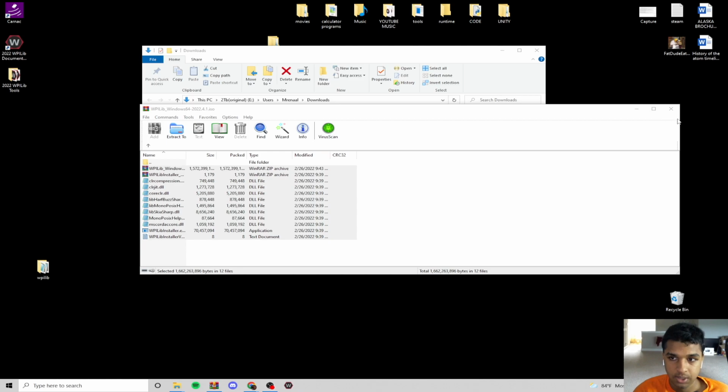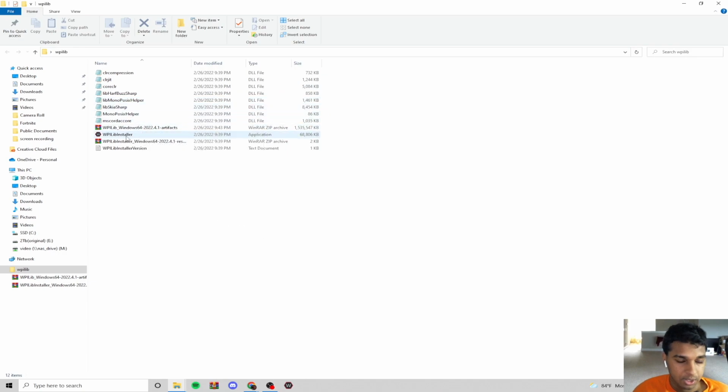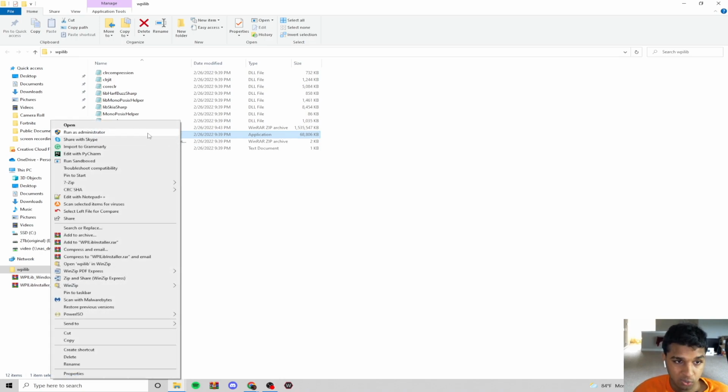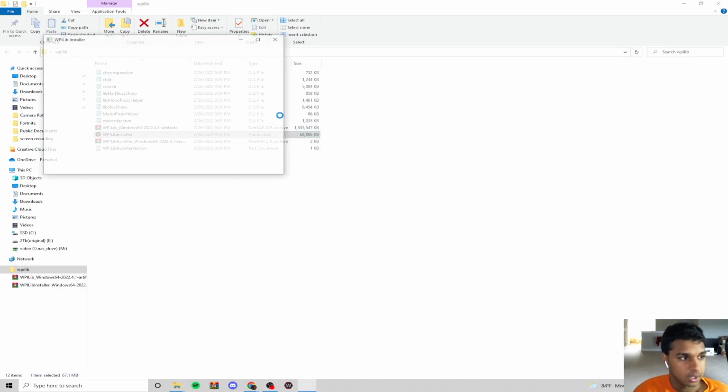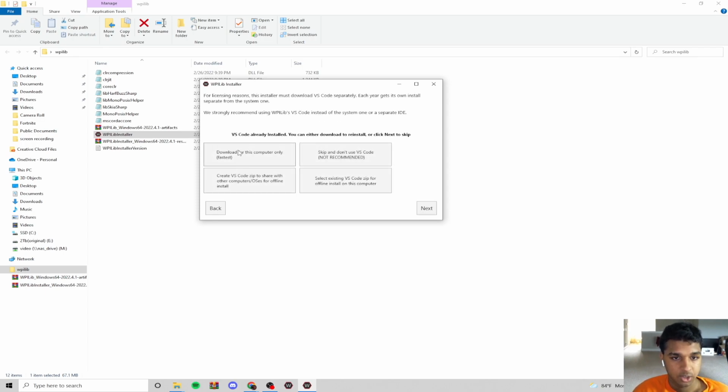My desktop does something weird sometimes, where it just kind of goes black. Not sure why that happens, but anyways, when that's done, click your WPILib folder, and the main thing is going to be this. It's this WPILib installer exe. It's an application, and you're going to right click it and run it as administrator. You probably can't see anything, but it prompted me for admin, and you'll see this. Press start, and then press everything, and then install for this user, and then you're going to want to use VSCode. That is WPILib's version, not just VSCode from online, because there's some licensing issue, not sure. So just press download for this computer only,